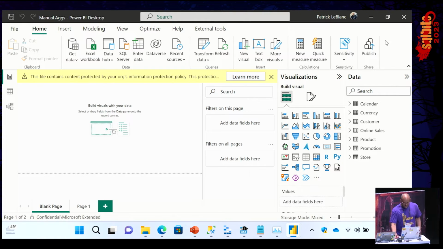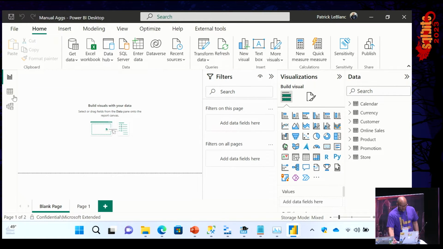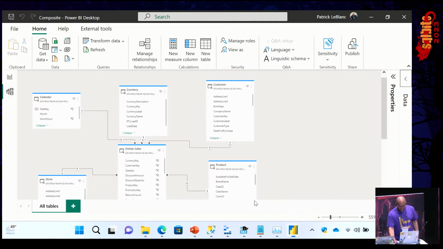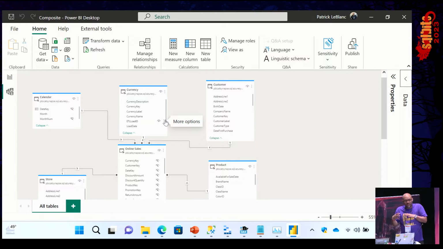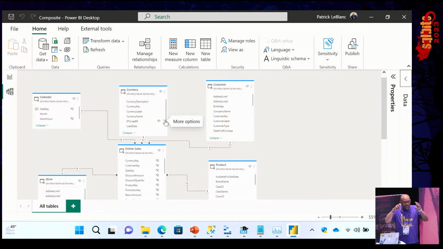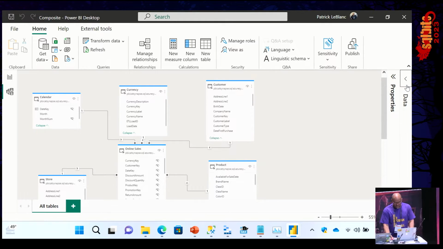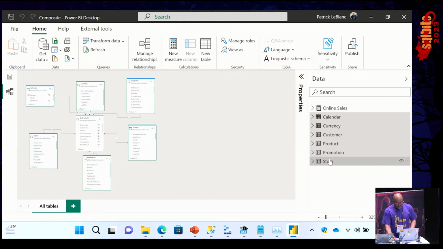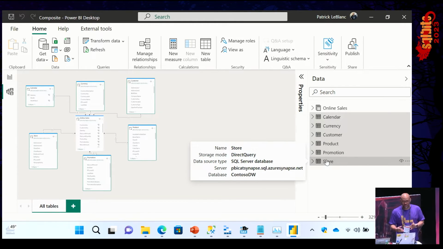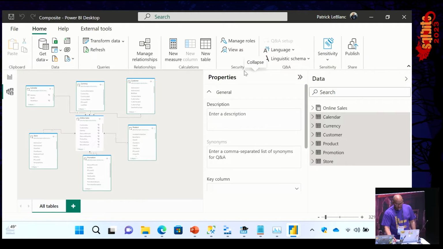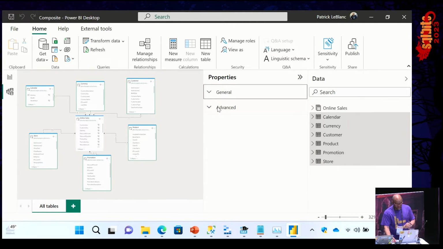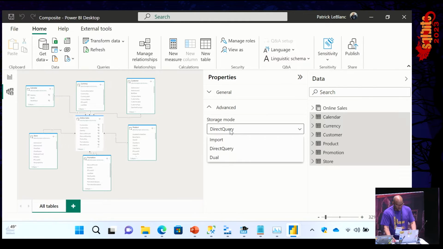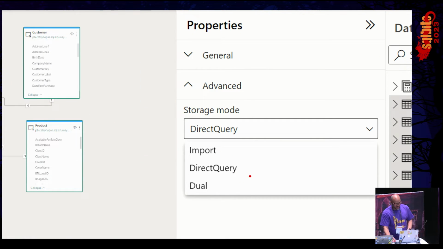Let me show you this. What I've done is, I took that DirectQuery model. Hang on one second, let me go to this. So now I have the same DirectQuery model, but what Adam's saying is what you can do with each one of the tables that's not your fact tables is we can switch the storage mode. So if I go here, I'm going to choose this, and I think it's shift. Yep. I can select all my tables, multi-select, and then expand out properties. Except the fact table. Except the fact table. Okay, yes. Then I can switch from DirectQuery to dual.